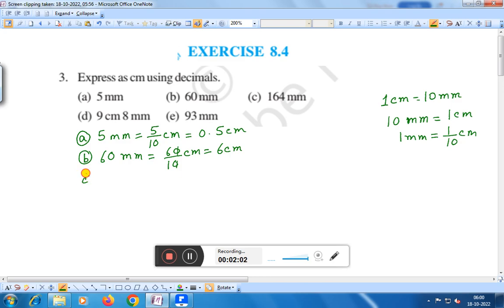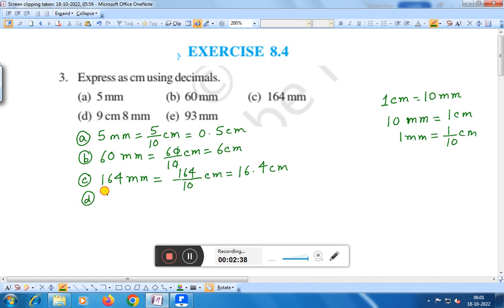Now, question number C is 164 millimeter. That is equal to 164 by 10 centimeter, and that is equal to 16.4 centimeter. Now question number D is